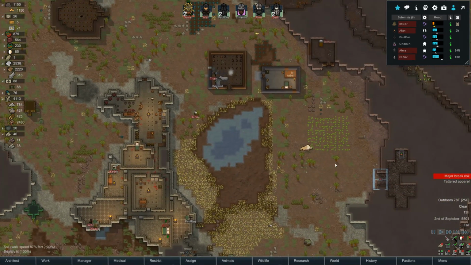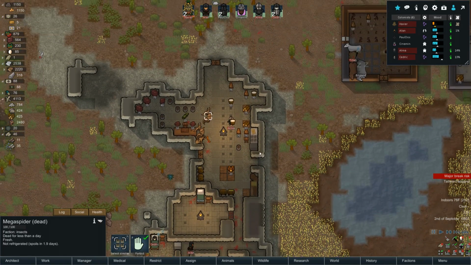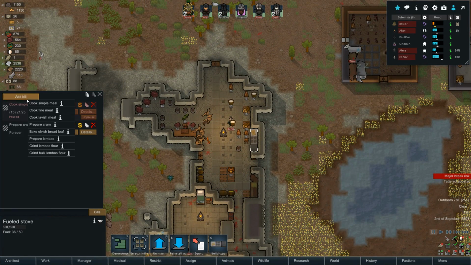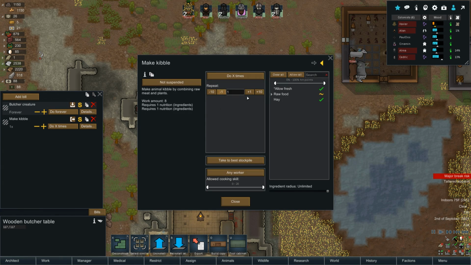Now, can I actually make kibble for the winter? Let's think about it, because I can use all these insect meats, right? We can add a bill. Simple meal, lavish meal, bake elfish bread, prepare a lumbus, grind. Where is kibble? Oh, it's over here on this thing. So we can do this, make kibble, details. We don't want to use raw food, or all we want...